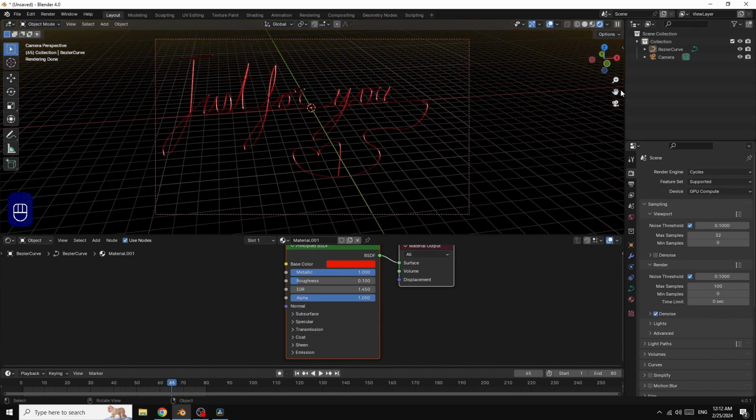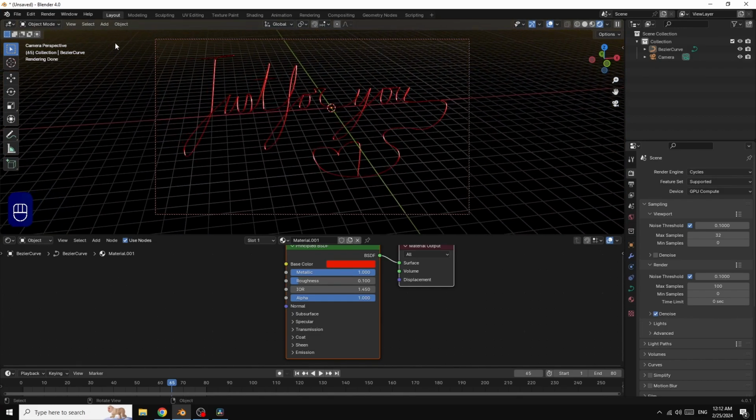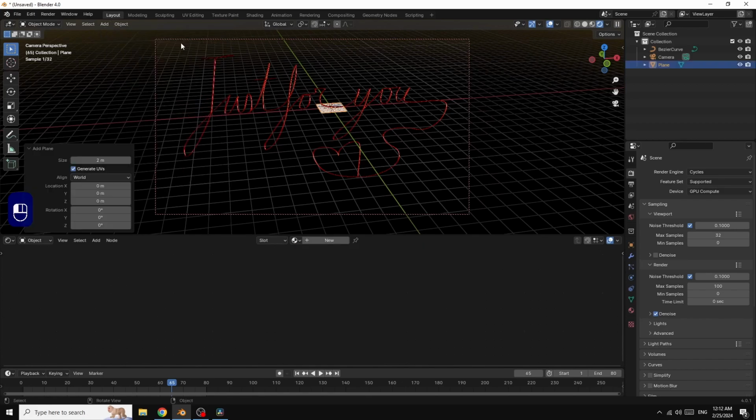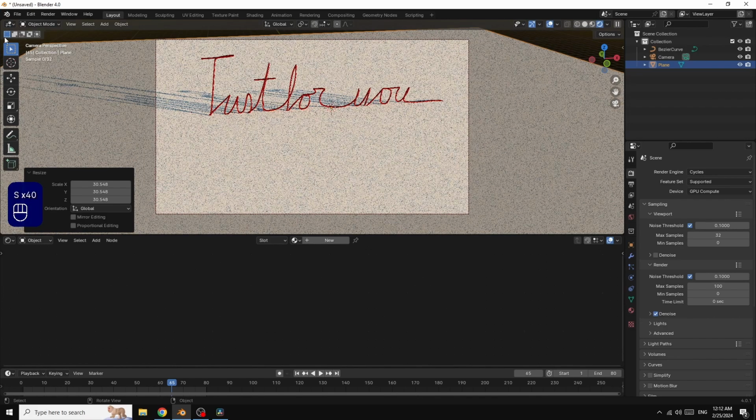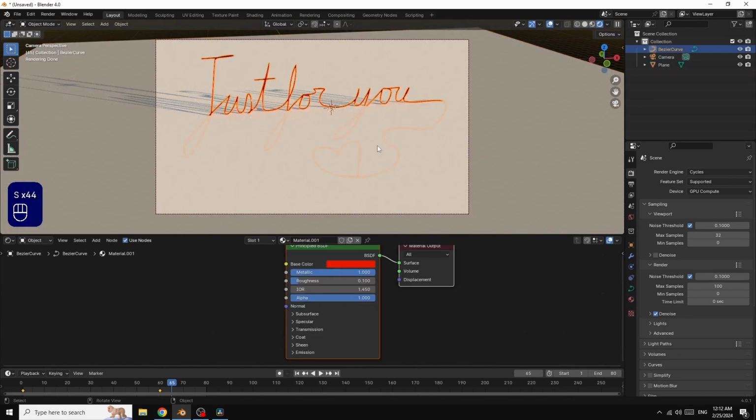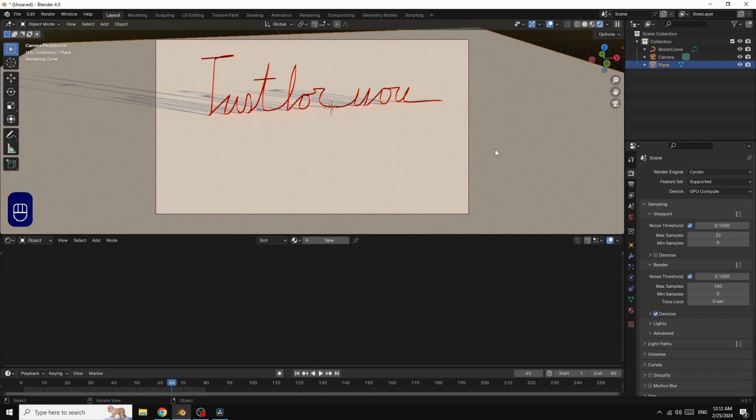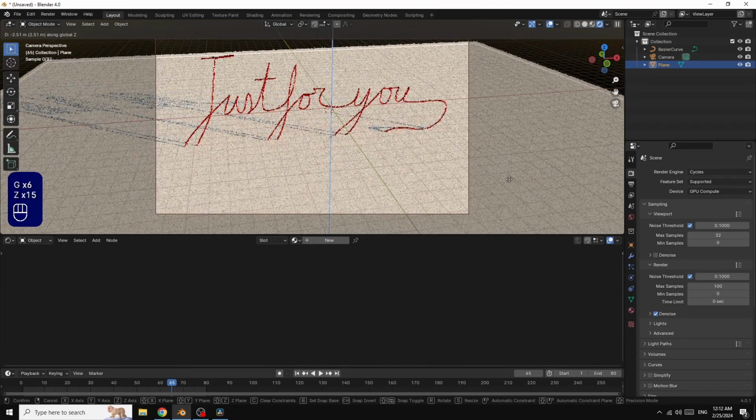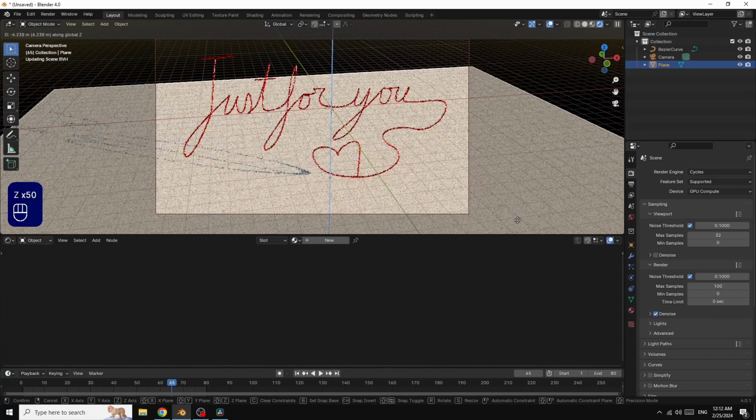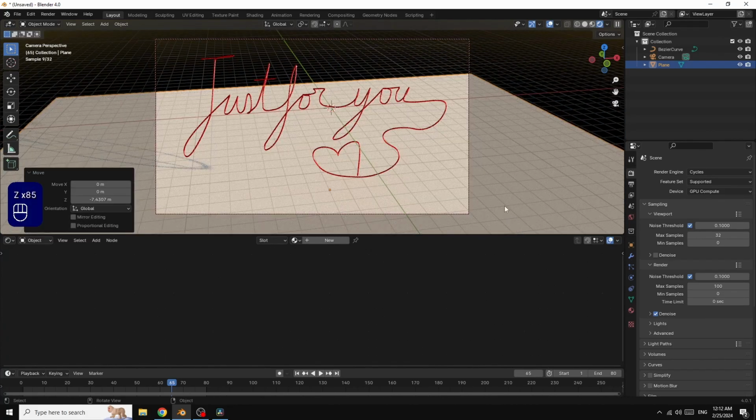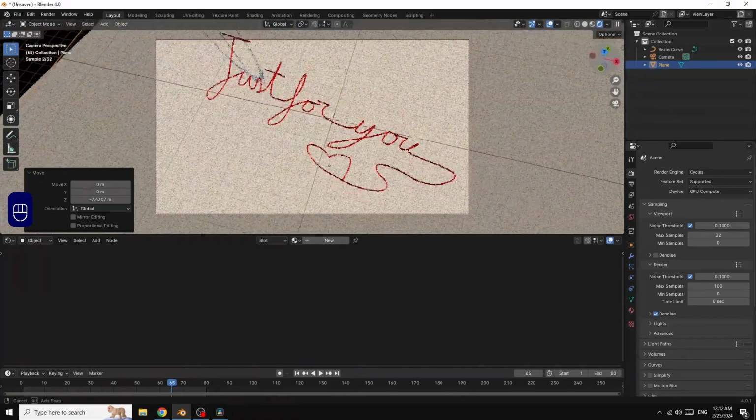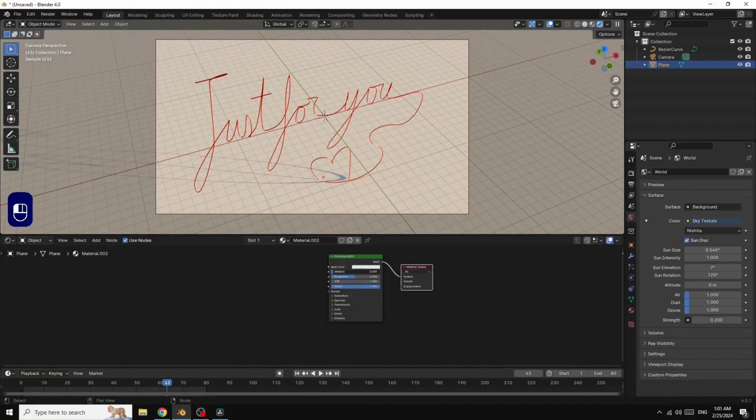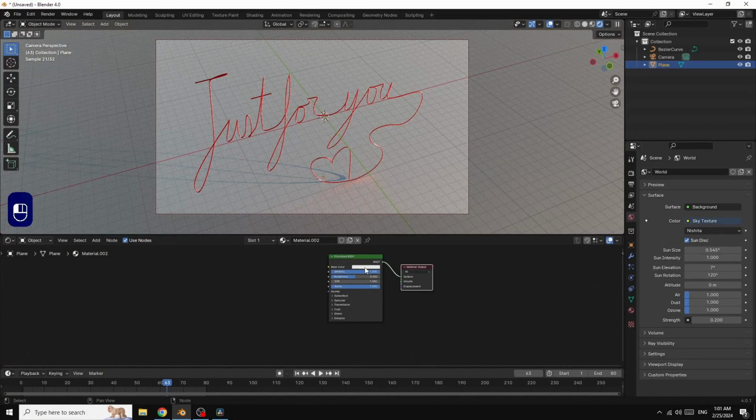Or you can add a plane. So I add a plane. S to scale the plane. G, Z down. Now you can adjust. We make it metallic and we choose